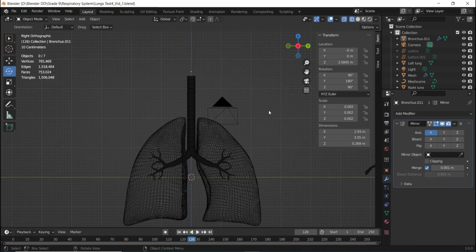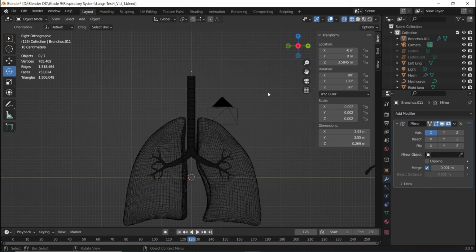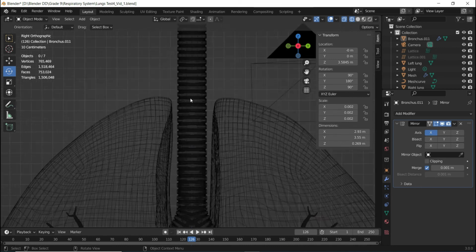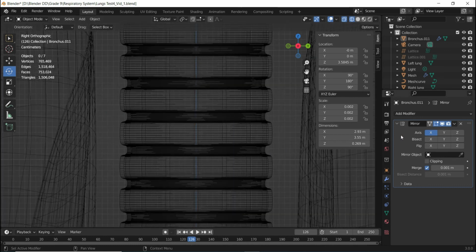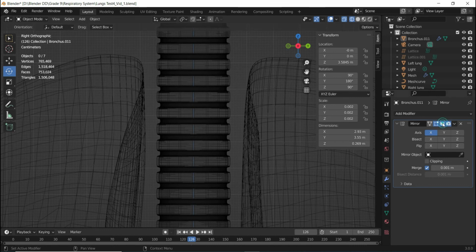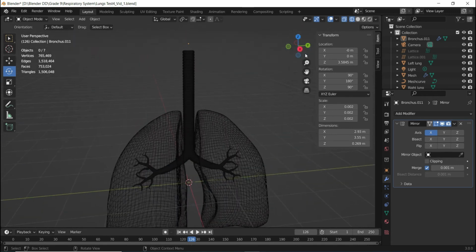All right, so we have completed bronchus along with trachea, but as I have told you several times earlier also, the face count is getting increased. The face count is increasing a lot because we have made so many branches with a very heavy mesh. If we zoom in, you can see that the mesh is very dense, and with mirror it has doubled the value. You can see that it has reached around 750,000 faces, which is way too much, and of course it might give a bit of lag to your file.